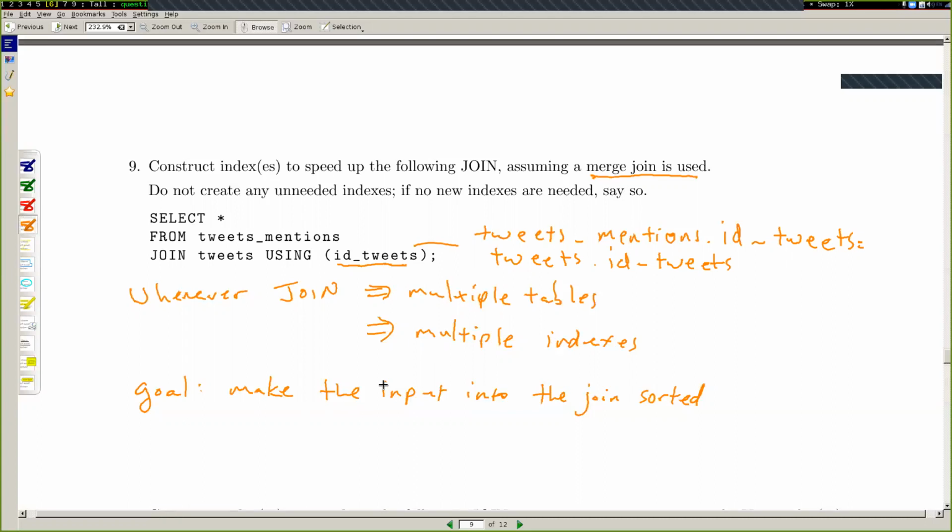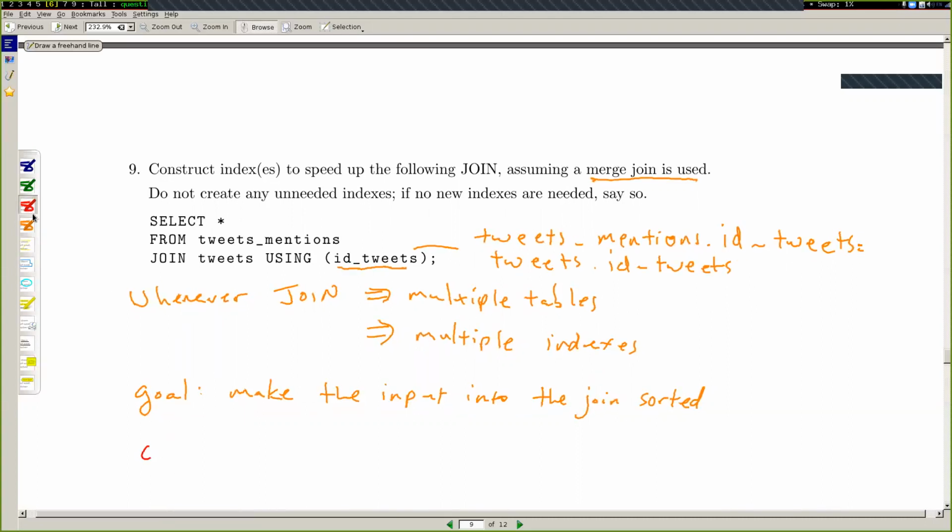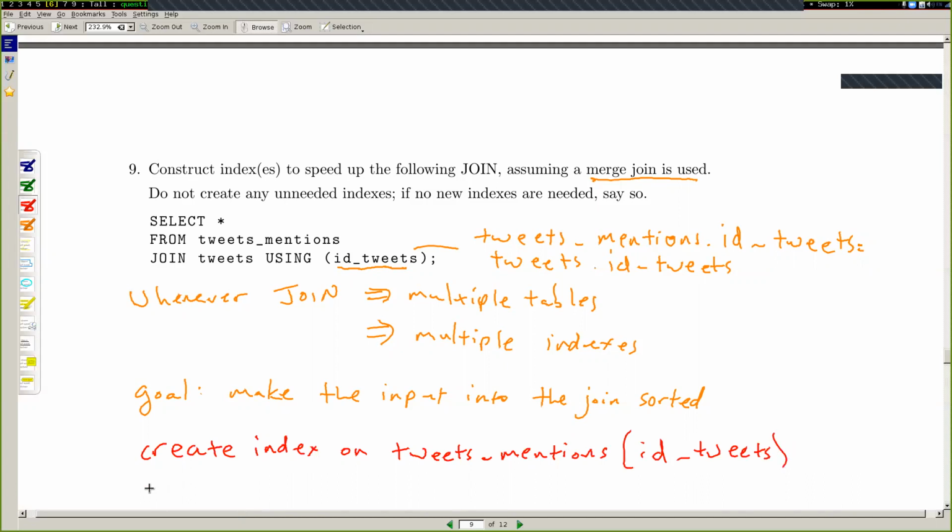And again, so these are the two things that we need sorted. Since those are the two things that we need sorted, we can do a create index on tweets_mentions of id_tweets like this, and another one of